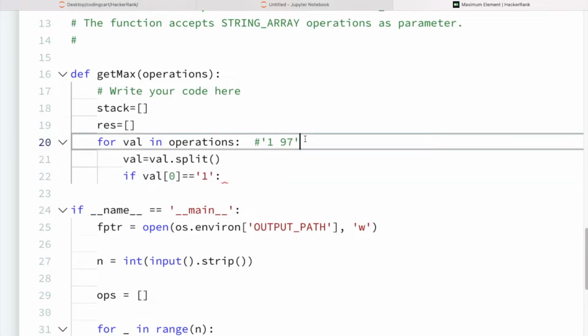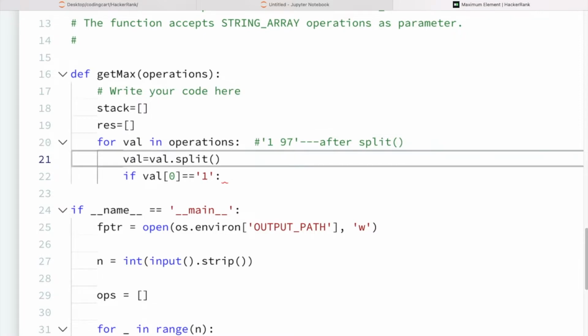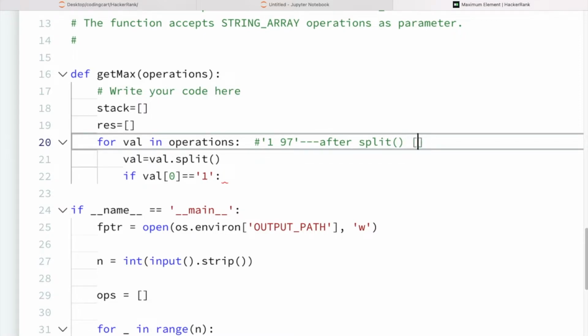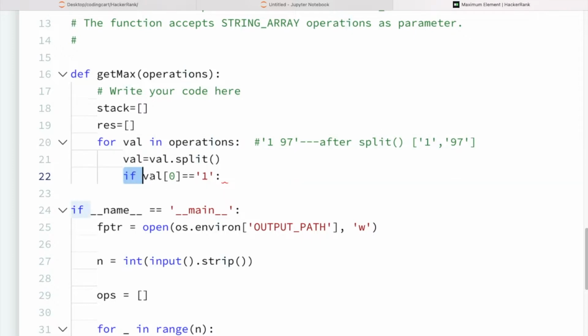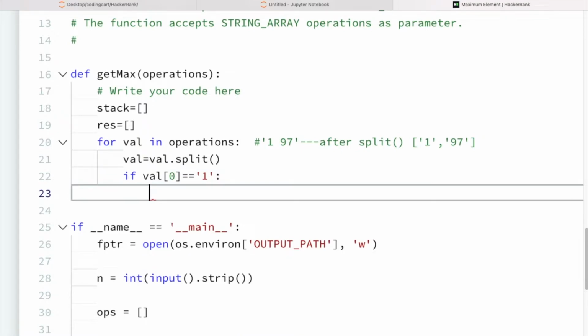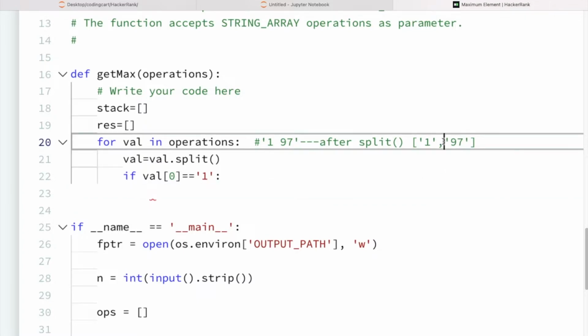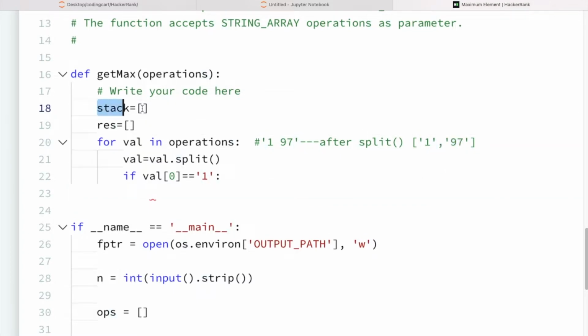After the split function, we will be getting a list of 1 and 97, correct? So here we have taken val of 0. If val of 0 equal to 1, means the operation is 1, then we have to simply add this value 97 into our stack which we have taken here.